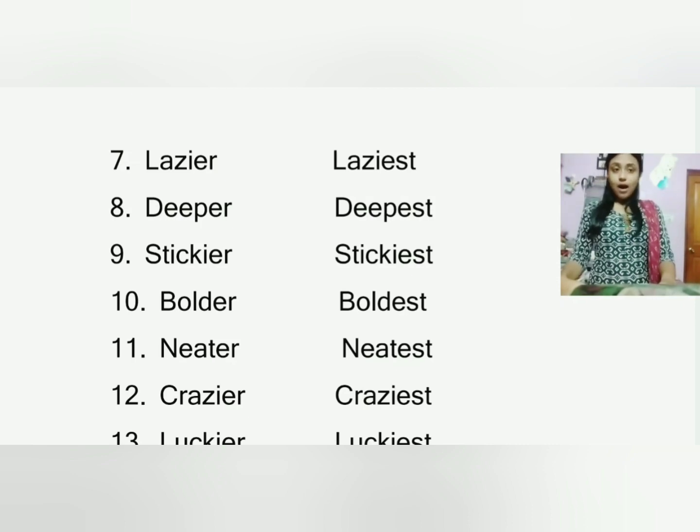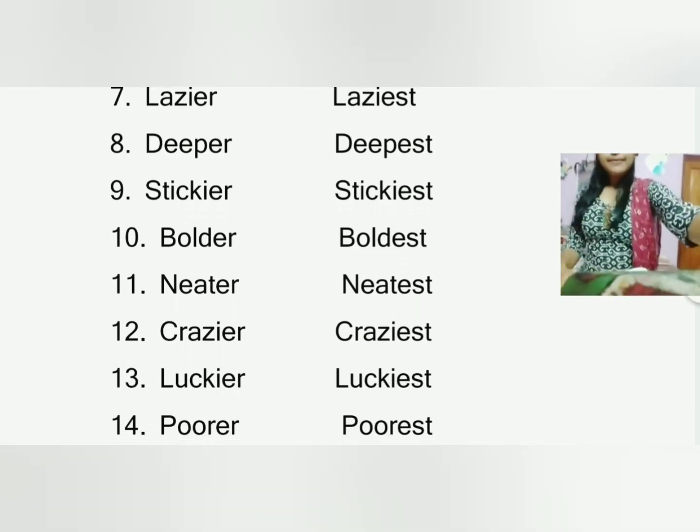Sticky: see, the Y is omitted and IER and IEST is added at the end. As I told you, the word is S-T-I-C-K-Y. The Y is preceded by a consonant letter, that is K, so here Y will be removed. Keep that in your mind. Then bold, bolder, boldest.